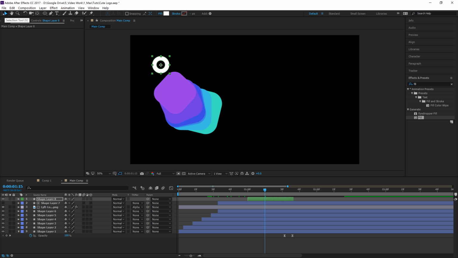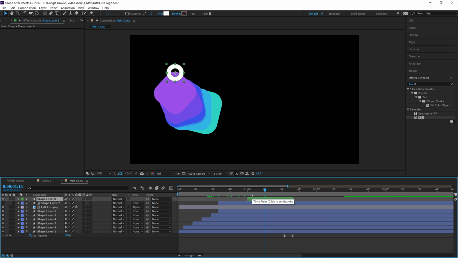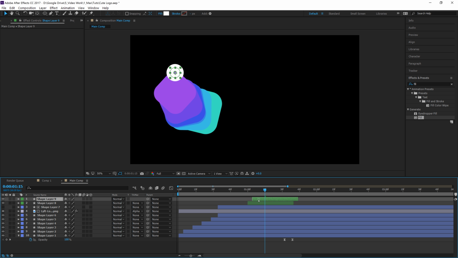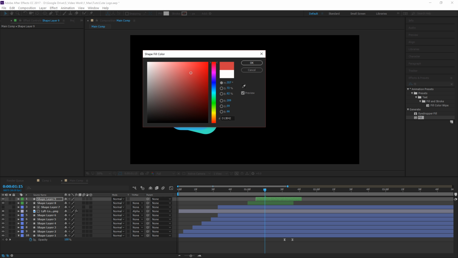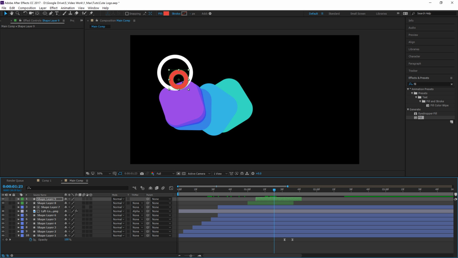Click your pointer tool or click V on your keyboard for your selection tool. Let's move it right here. And maybe what we'll do is click Control D on our keyboard to duplicate this layer, drag it down our timeline a little bit, and maybe we'll change the color to a bright red or something. So it does this. Move it off to the side right here,